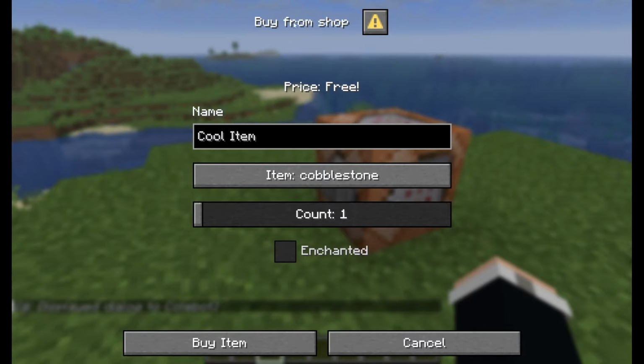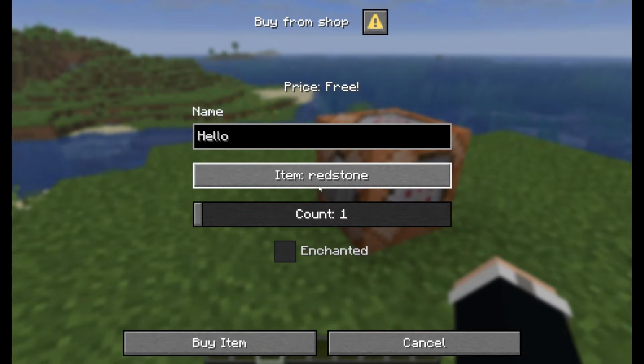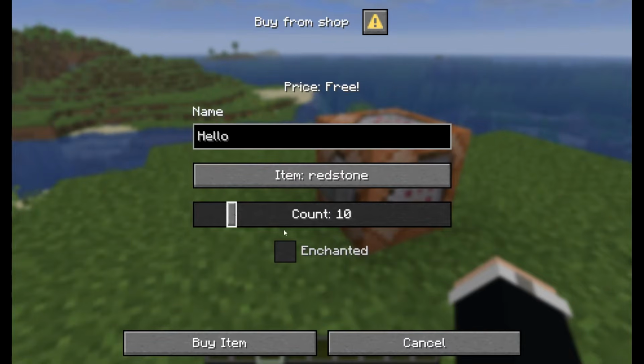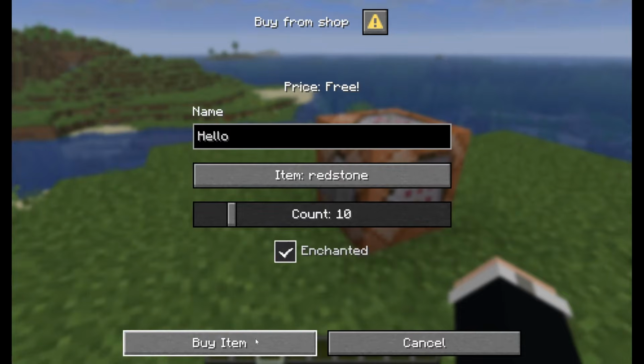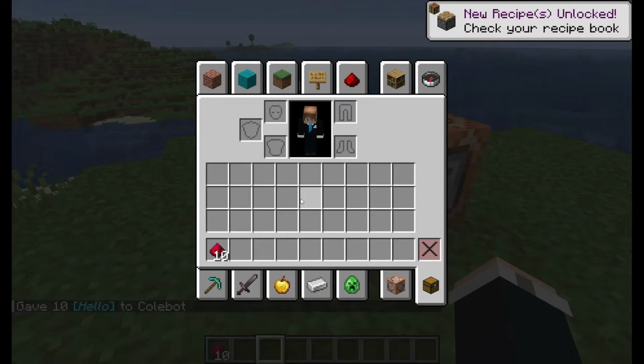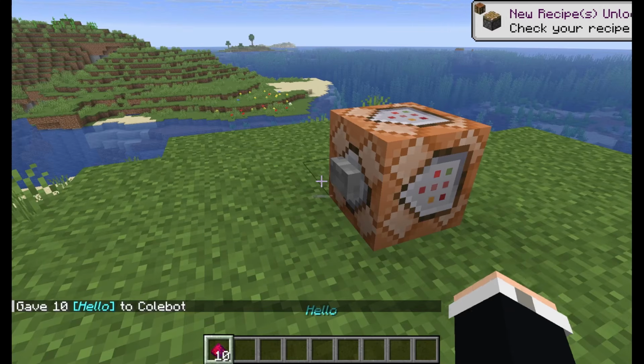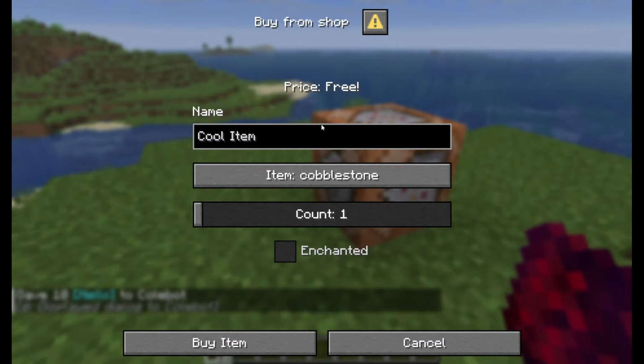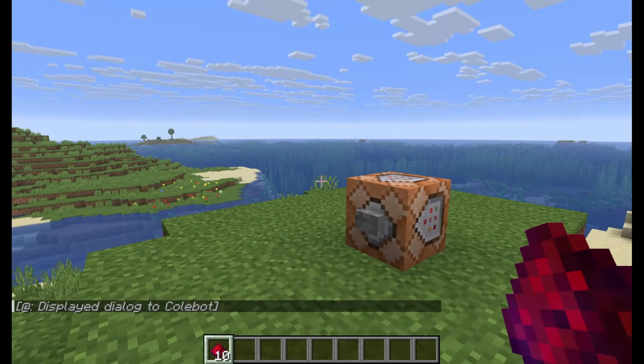So this is a shop dialog that I created, where every item is free, but you can give it a custom name like hello, and you can select the item you want, even the count of the item, and you can enchant it. And when you click buy item, it'll run this custom command and give that to the user. So I'm going to show you how you can create a custom system just like this in your Minecraft